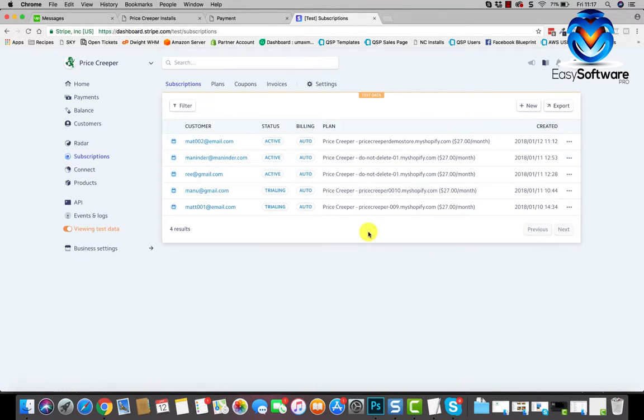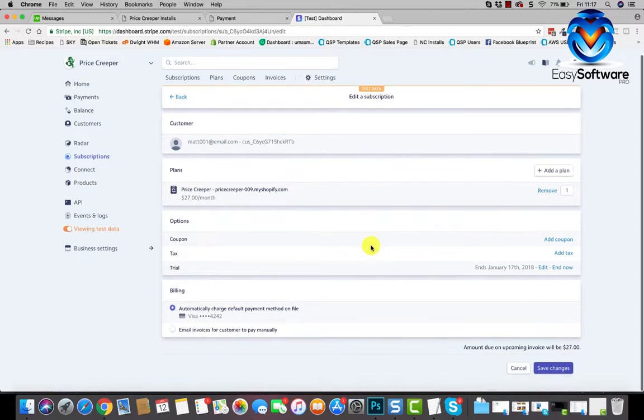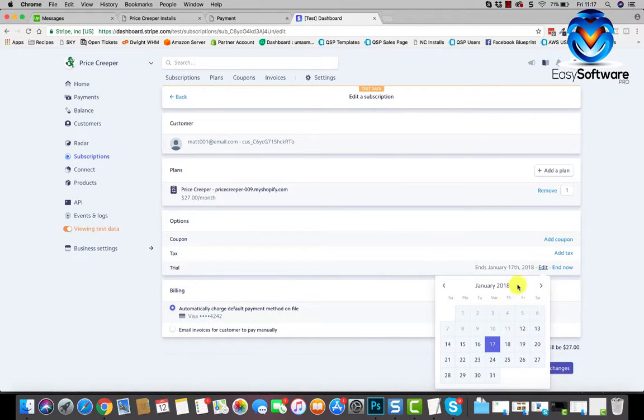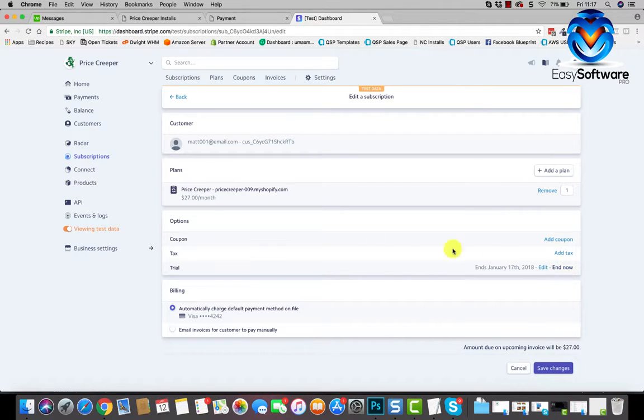Okay, so if you've got friends that you want to whitelist, and you want to give the app to them for free, then you can send them in here, and then you can click this edit icon and edit the subscription. You can edit the time that it is, so you can extend their subscription if you want to. If you click end now, then they won't pay anything, so you've whitelisted them, and then they've got your app